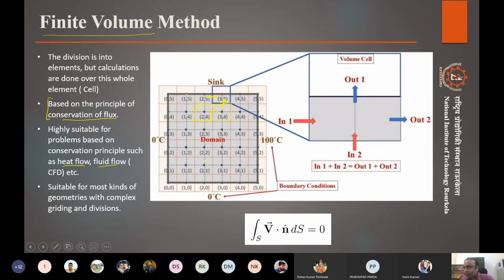Let's stop it here. For the next class, or in the lab class if time permits, we'll take up the computational fluid dynamics aspect. We'll see how fluid dynamics works. We'll see some examples of